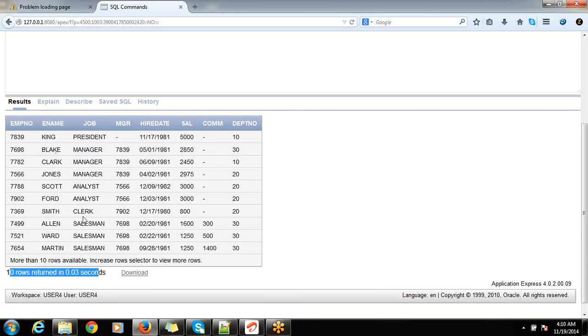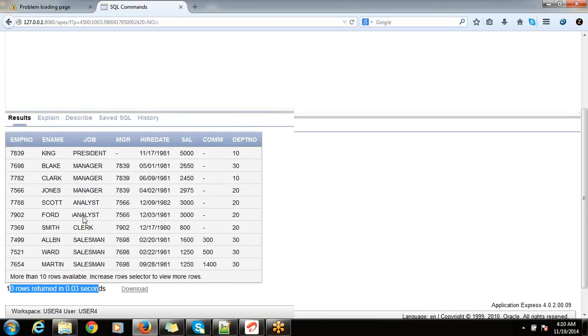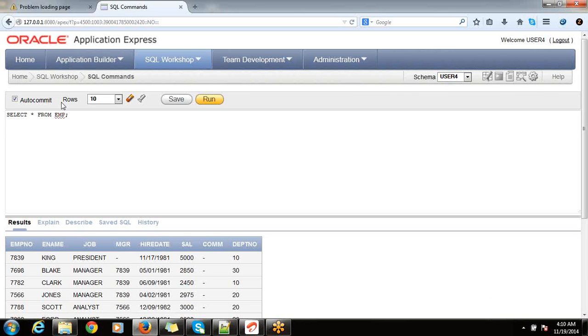If you observe here, you can change the number of rows that are displayed. For now the filter is 10 rows. I am going to change it to 50. After changing it, you have to execute the query again, because there are actually more than 10 rows in that employee table. So I changed that rows filter, and I am going to execute this run.